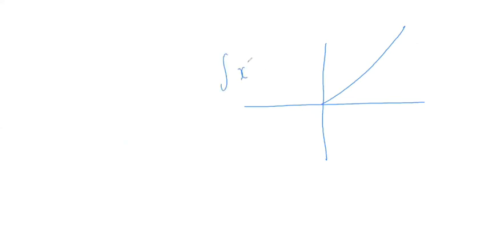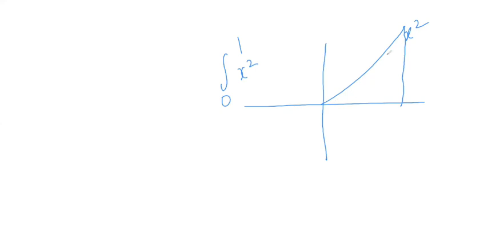So if I want to integrate x square from 0 to 1, this is the x square function from 0 to 1, so it is nothing but the area under the curve. So I have to calculate this area. So what actually we'll do is we divide this space into rectangles and triangles.